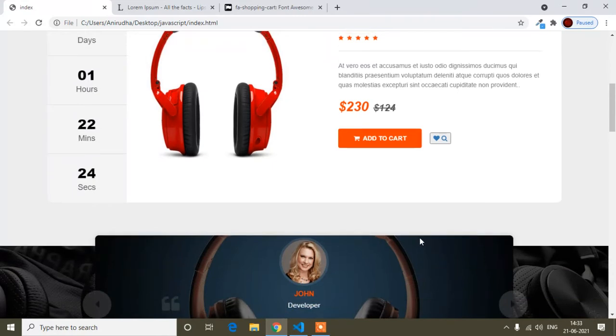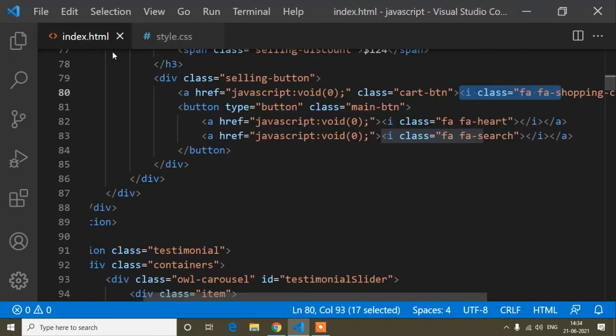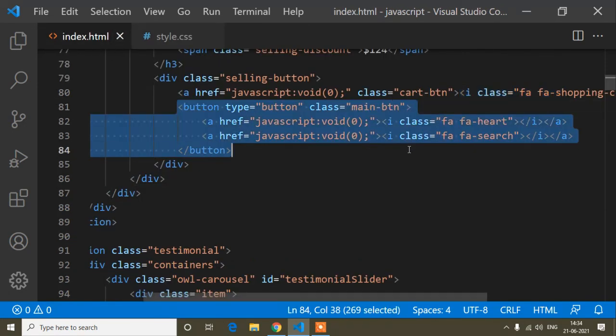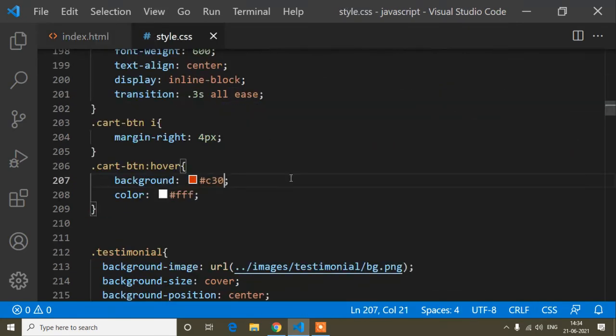So this one is done, and now I will add the design for this button. First of all I will go to the HTML, and here you can see this button's parent is main button, so I will add the design for this main button.